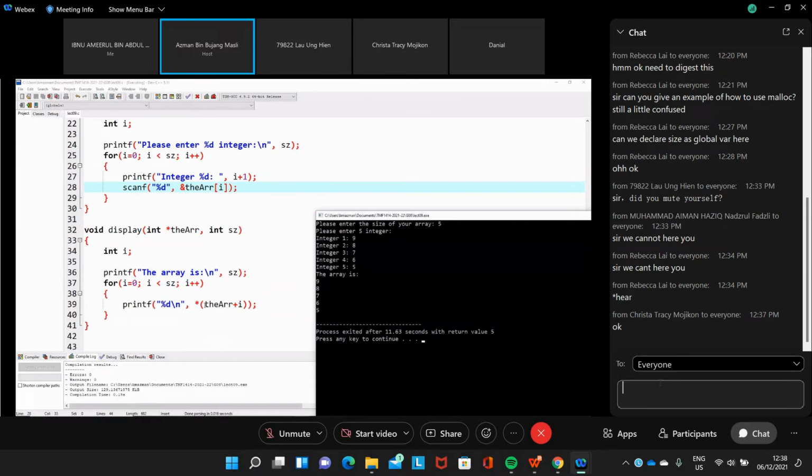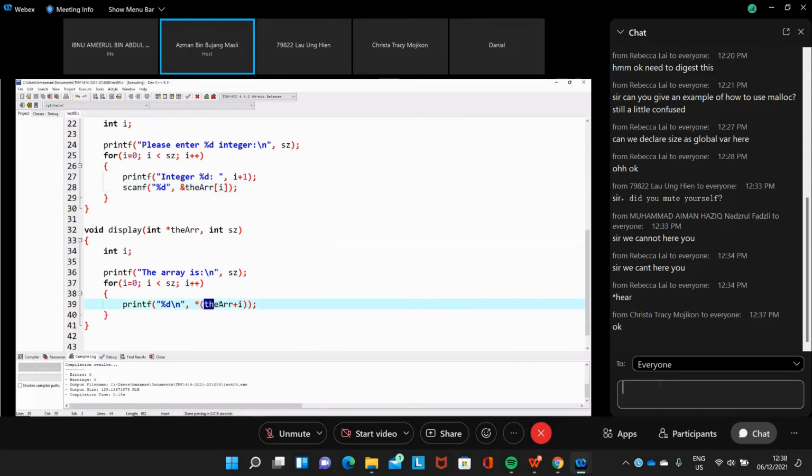So here, if you look at the output, that is normal. If you look at this one, we have the array name, the array, plus I. Plus I is the integer. So the first run of this for loop, there will be the array name plus 0.